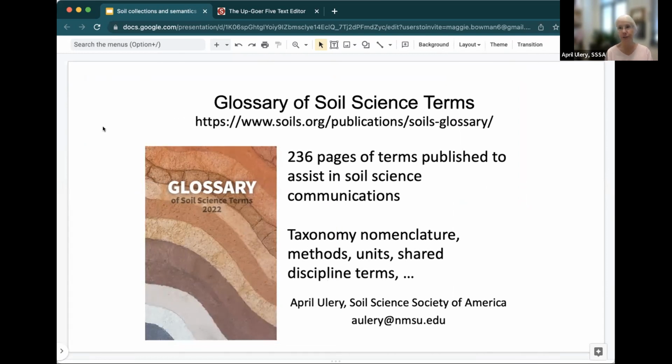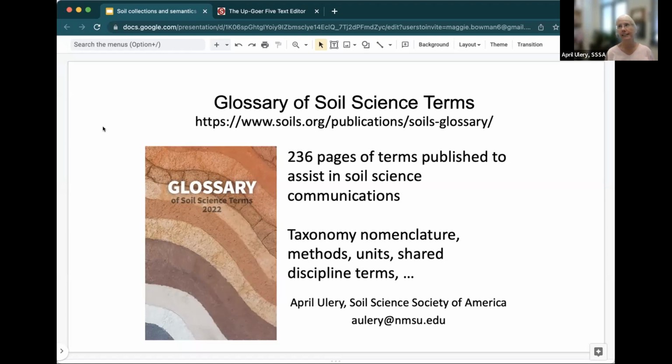It includes variables of interest like taxonomy, the various nomenclature used to describe soils, various methods, units, and how to convert them.